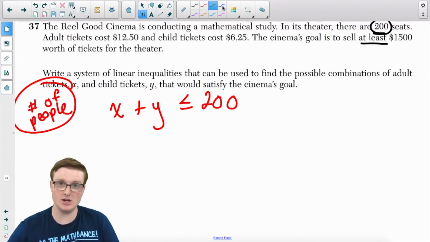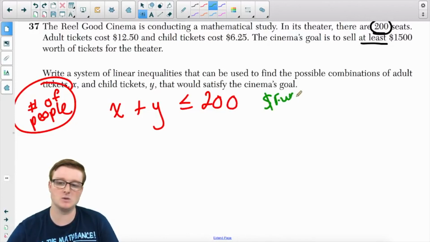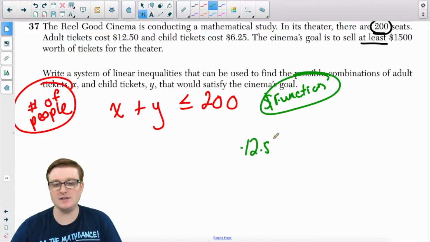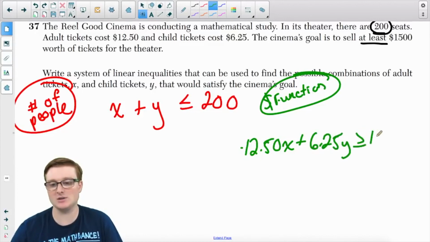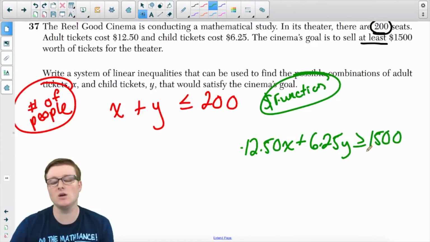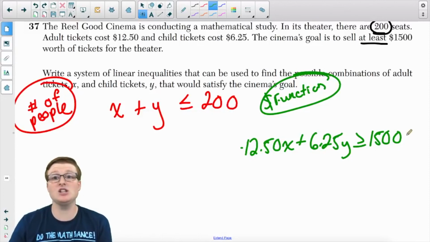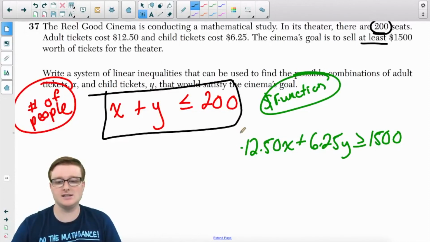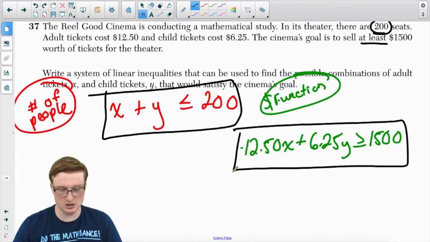Now, this equation over here, this is your money function, because we want money. This is your money function. So, $12.50 for one adult ticket, so $12.50 times X, plus $6.25 for the child ticket times Y, has to be greater than or equal to 1,500. Because why in the world are we going to stop at 1,500? We want to maximize. So it could be greater than or equal to 1,500, but they do want $1,500. So ladies and gentlemen, these are your systems that we need to now